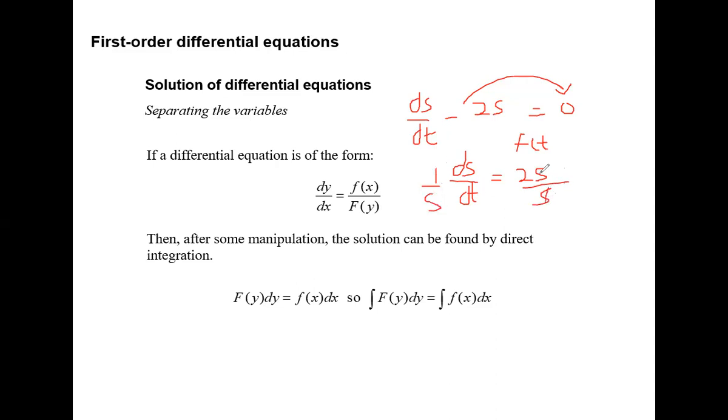This cancels out and we are left with a function in terms of x, s on the left side, and then a function in terms of t. This is a constant, so it doesn't depend on s, right? Good. So we are saying that if we're able to achieve that, then we can make use of